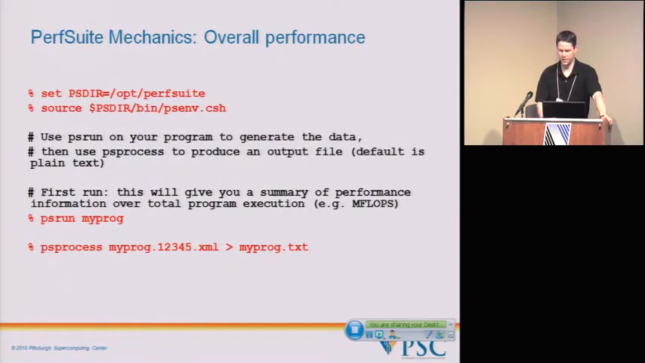So this is just, again, an idea of how this works. You, again, are just setting some environment variables, basically. Source a file, which is going to set some environment variables. And then you just run your program with this ps_run command. And there's no need to recompile or anything. And then at the end, you'll have an XML file that was generated, and you run this ps_process command, and